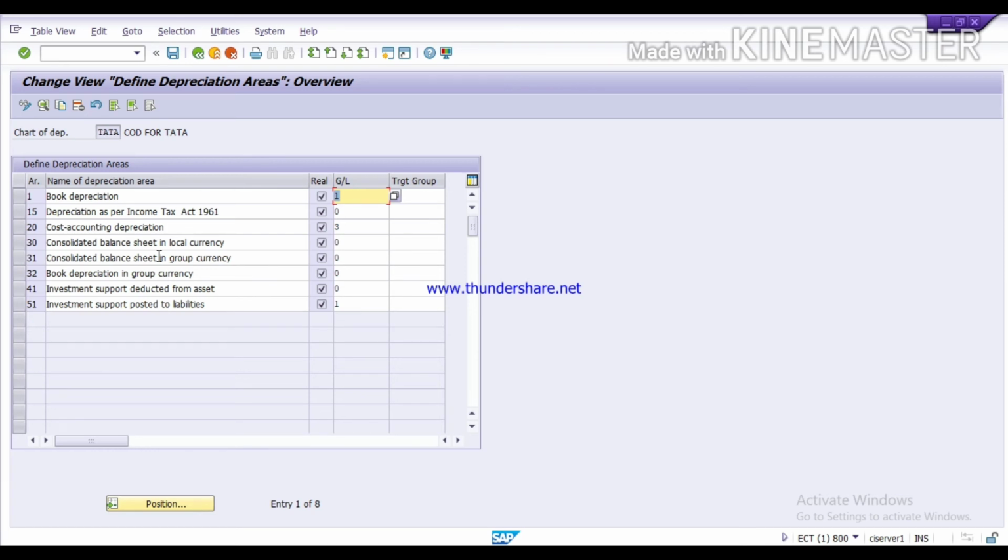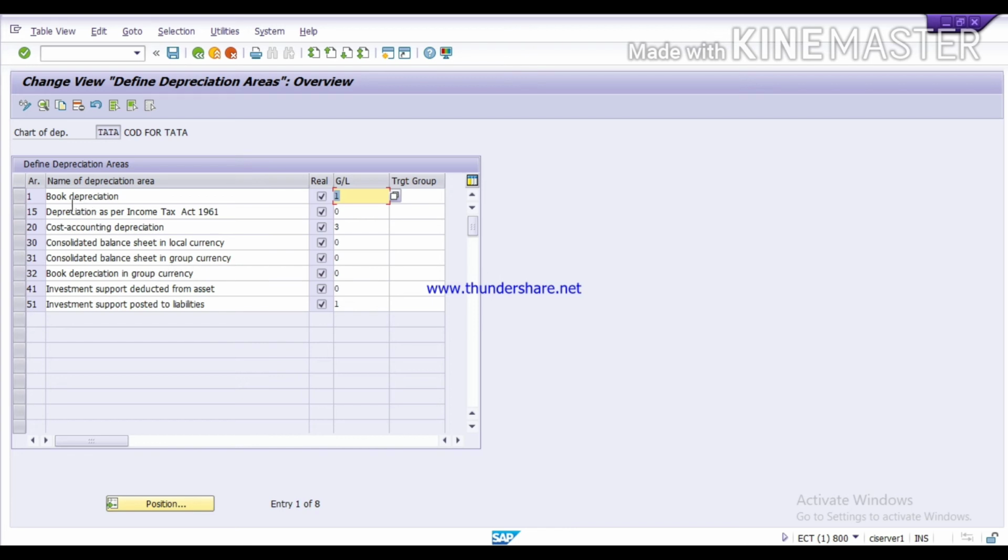In the standard chart of depreciation, we have copied all the depreciation areas. So unwanted depreciation areas we will delete. The depreciation areas you need, we will select, and the rest we will delete in this step.